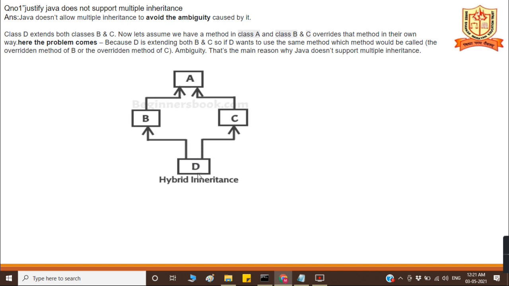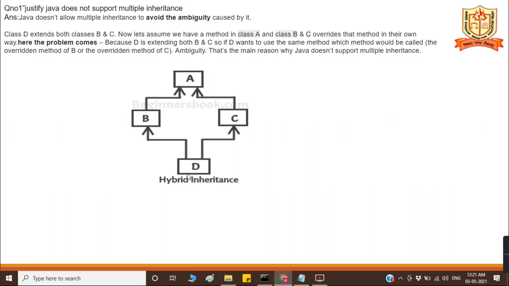So inside this D, the method is the overridden method you are supposed to call. So at that time, you have the ambiguity about which method you have to call. क्योंकि ये इधर जो मेथड है, ये मेथड को ये दोनों क्लास बी एंड क्लास सी में ओवरराइड करके उनके ओन प्रोसीजर्स में implement किया.